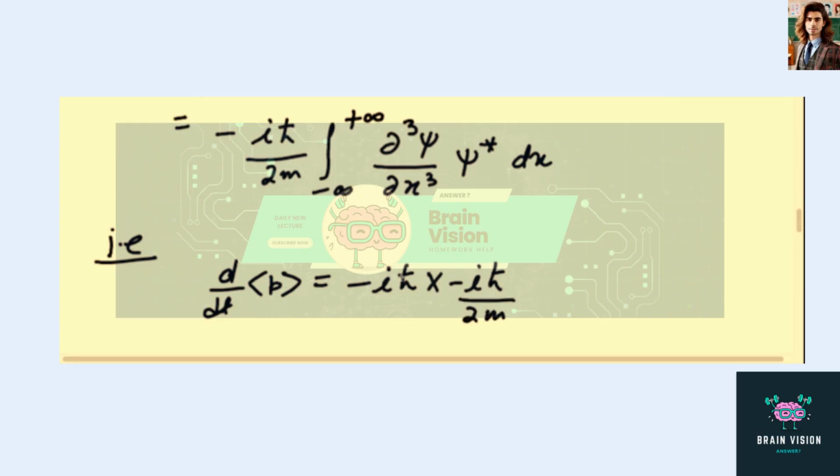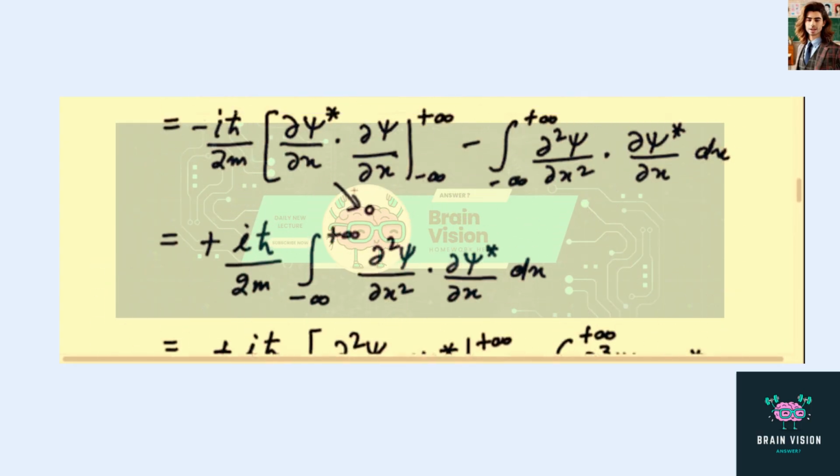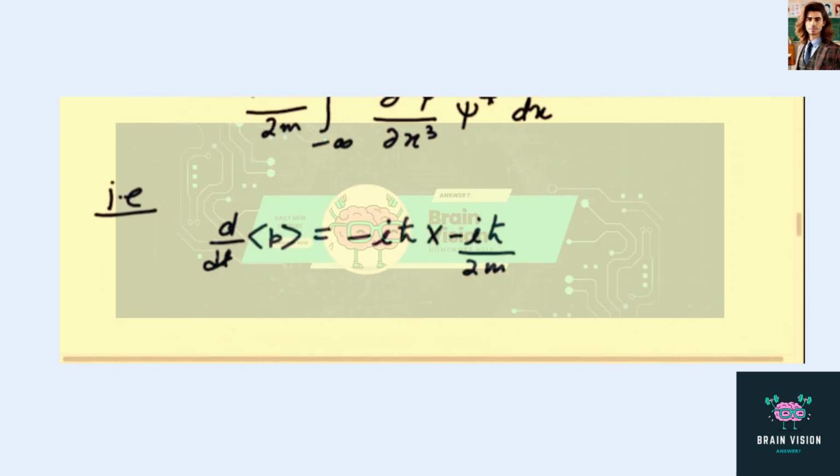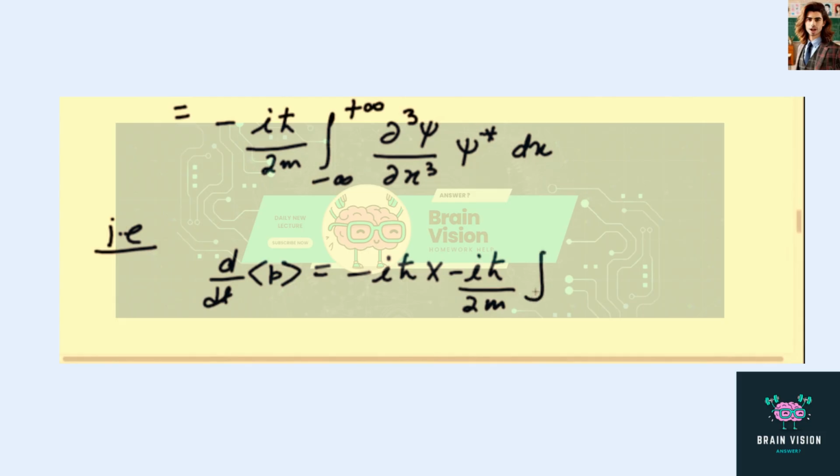We are putting this value here, this minus iħ, and this value we have calculated for this integration, from minus infinity to plus infinity, ∂³ψ/∂x³ ψ* dx, and